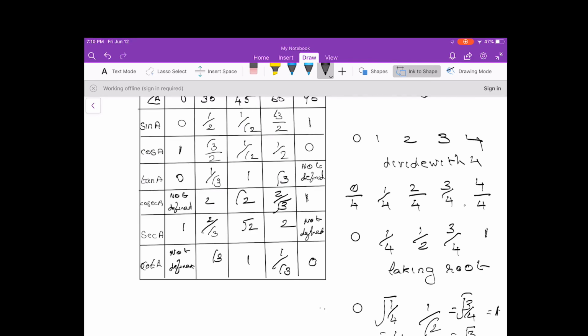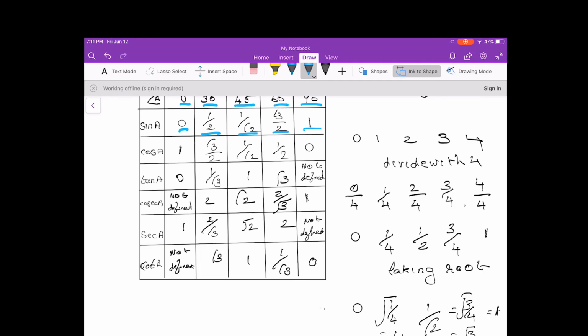I will never recommend this. I'm just giving it as a hint. This is how this table is. This table will be useful to apply. You can easily remember this table when you know all the sines. If you remember sin A itself, you can do all the other stuff easily. Sin A increases with increase in the angle. Sin 0 is 0. Sin 90 is 1. Sin increases with increase in the degree. See, 0, 30, it is in increasing order, so my sin value also goes on increasing. That's it.